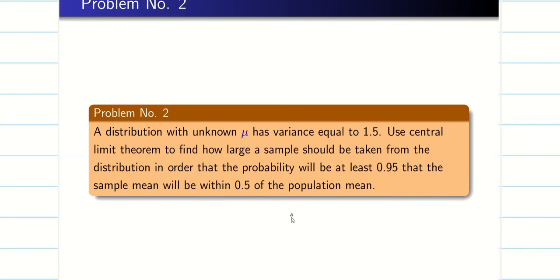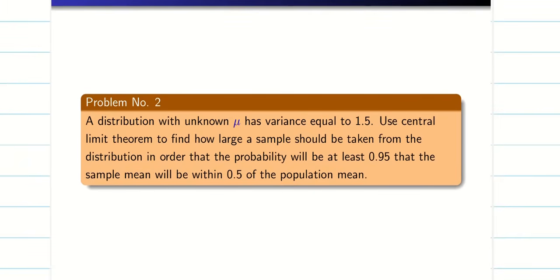Okay, next we are going to the next problem. Yeah, this is the beauty. You see, the distribution is unknown. Whenever the distribution is unknown, we have to recall Chebyshev inequality. Okay, unknown random variable. So the distribution is unknown. Variance is given as 1.5, so sigma square is 1.5 and sigma is the positive square root of